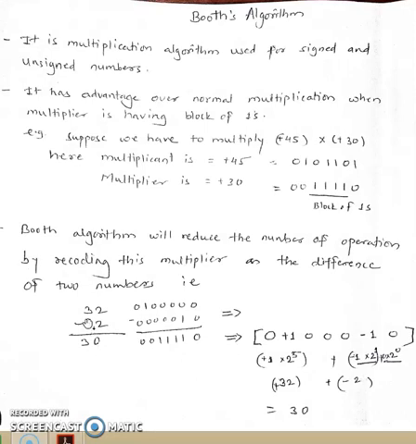Now what is the idea? First we have to represent this 32. This number 30 is represented with the help of this: we make the subtraction 32 minus 2. These are some bits. This is the 0th bit, this is first, second, third, fourth, fifth, and sixth. 6 bits are there. 2 to the power 0 is 1, this is 2 to the power 1, so 2, 4, 8, 16, 32, 64.